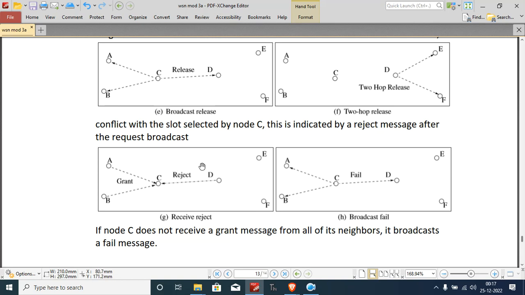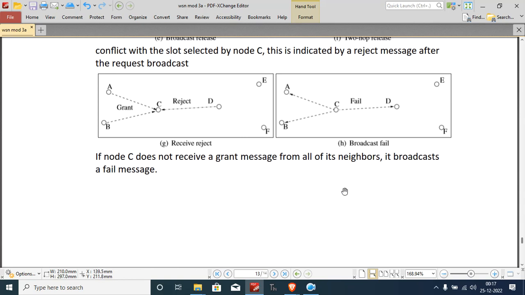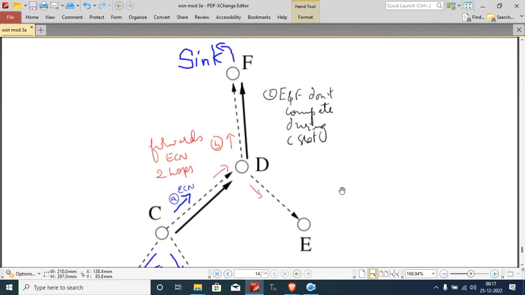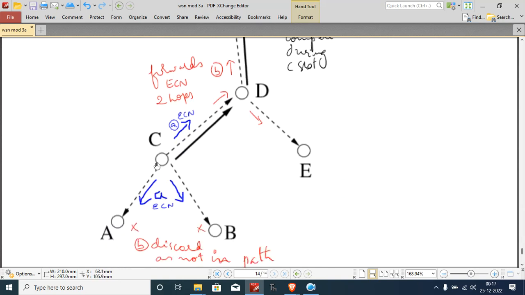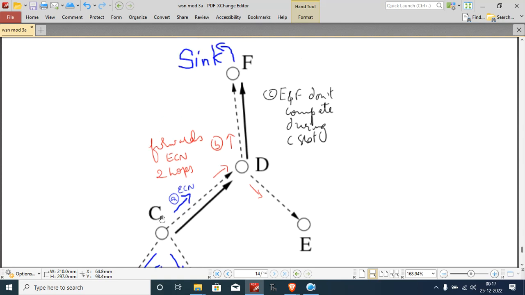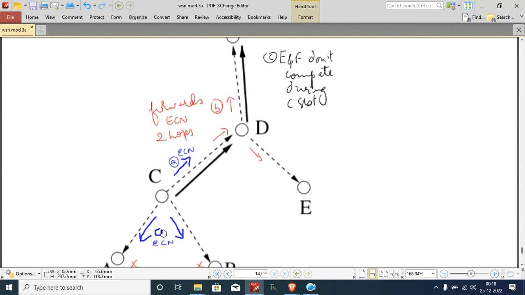Because node C receives a reject from D, there won't be any allocation. If node C does not receive grant messages from all its neighbors, it broadcasts a fail message to all its neighbors. So this is how the scheme works. Node C ultimately wants to communicate with the sink, so it needs a slot. So what it does is,